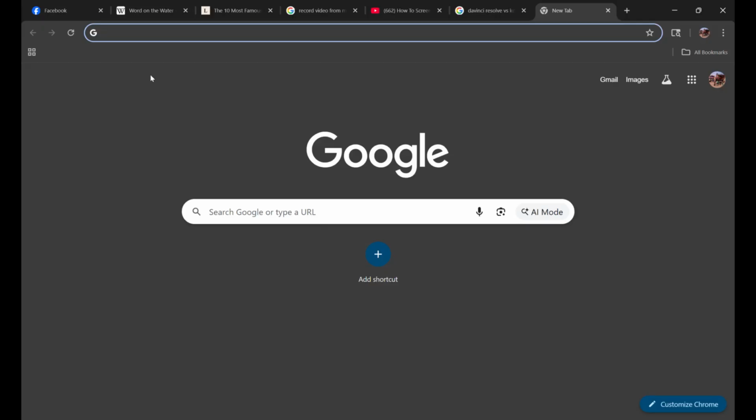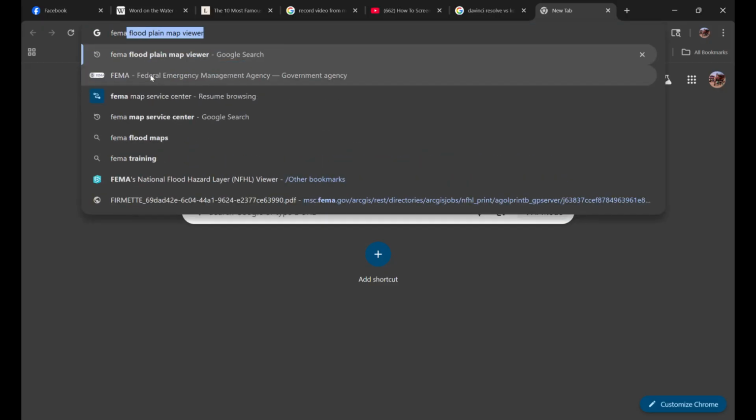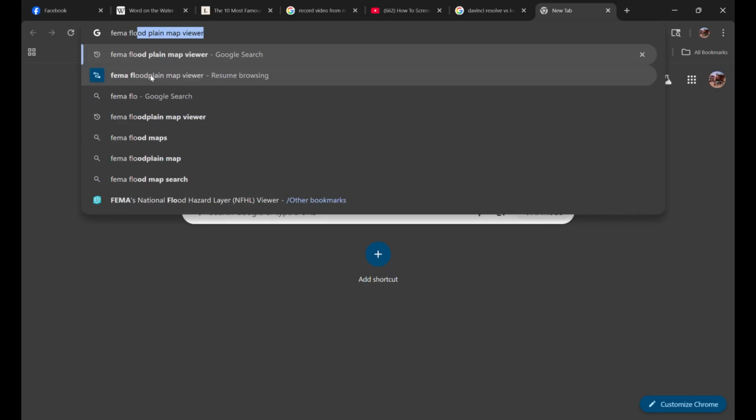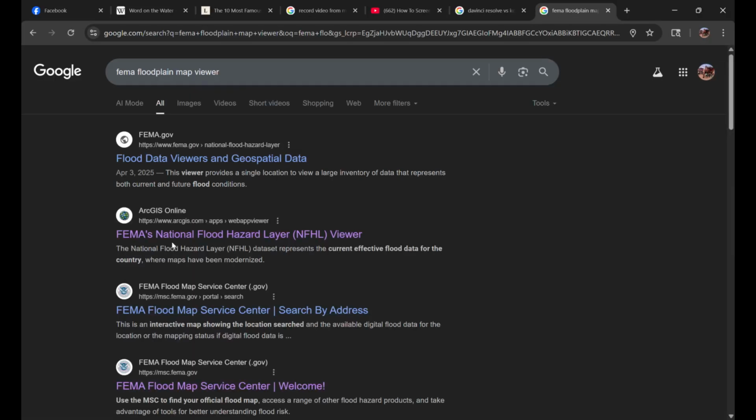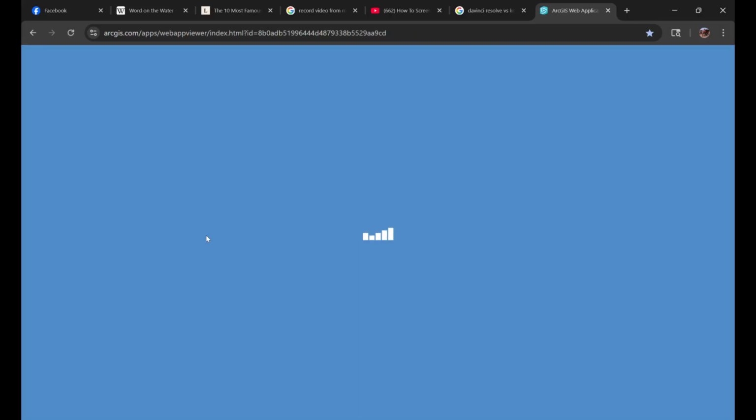So we're going to start just by using our friend Google and doing a search for FEMA flood map viewer. There it is. And the one that we want is this ArcGIS Online, which has FEMA's National Flood Hazard Viewer. Very simple to use. So we go to the website